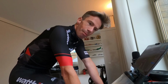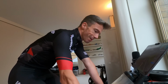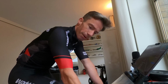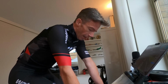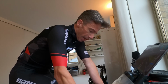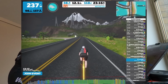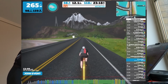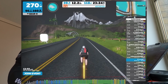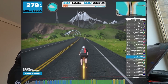I've learned from my mistakes and tend to find that I'm better for a quality warm-up of 30 to 40 minutes. I wouldn't normally do the Zone 2 high cadence Victor Campenaerts work, FYI. So I go somewhere like the Three Sisters in Watopia, where you've got plenty of hills, flats, and obviously the epic KOM. And as you can see here, gradually ramping the power from Zone 1 into 2, 3, trying to keep the cadence nice and high, in that kind of 95 to 105 range,